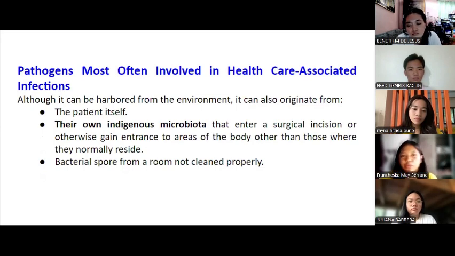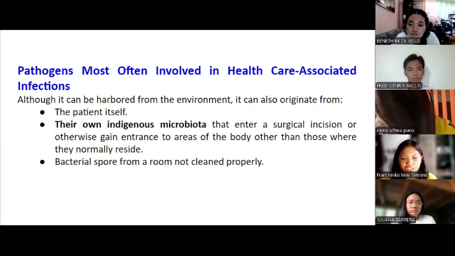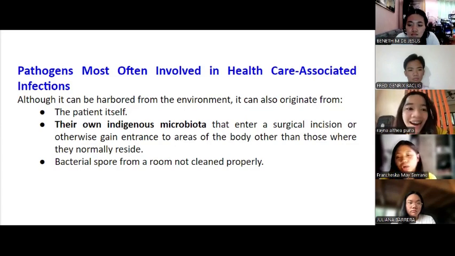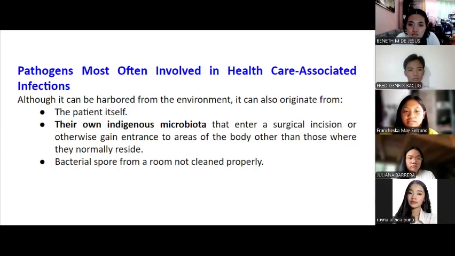Although we are focusing on those pathogens, infectious diseases can still be harbored not only through those. They can still be harbored on the patient itself, or what we call their own indigenous microbiota. And this will only become a problem if it gets a port of entry, like a surgical incision or other parts of the body that they can enter. And then next is bacterial spore from a room that is not properly